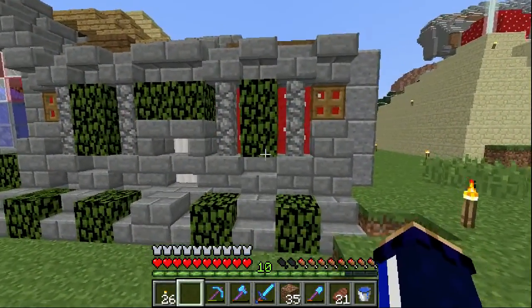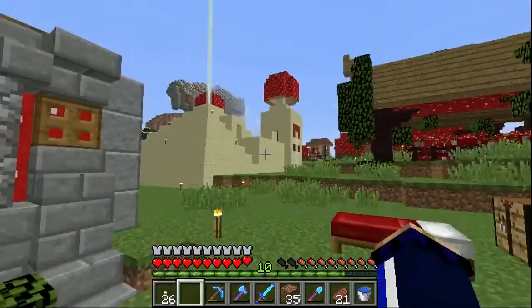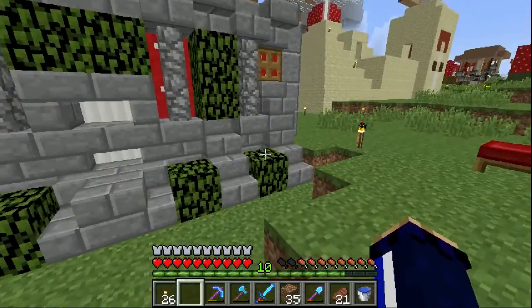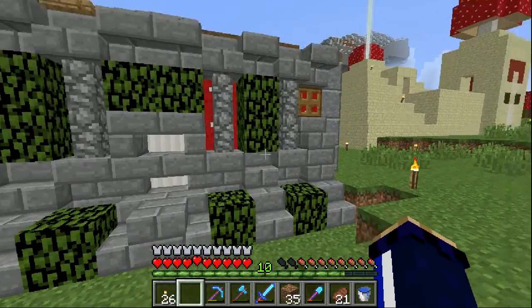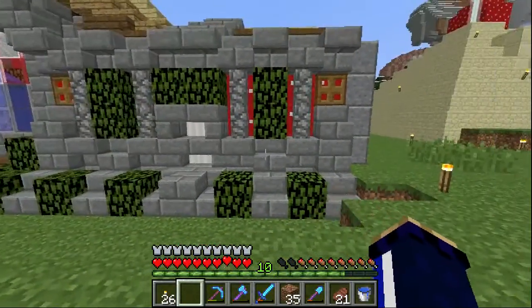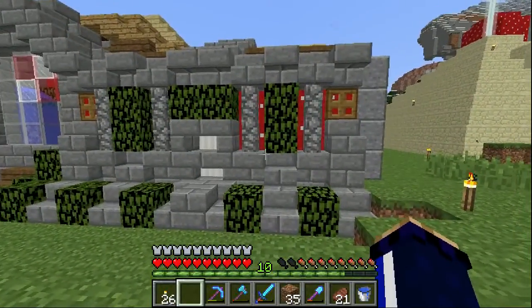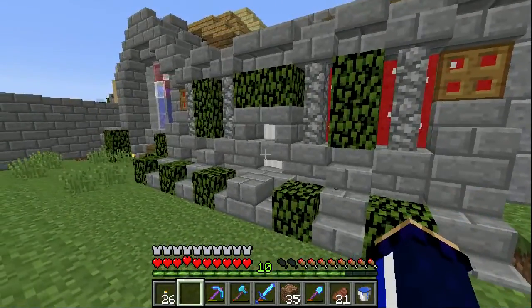It doesn't look so great with fancy leaf blocks on, but I never use those anyway, mostly because they decrease my frame rate. But yeah, it's one of those things where fancy leaf blocks I think look really good on trees, but when it comes to hand-placed single blocks like this, or the vines that are kind of hanging down from the mushroom barn, it just doesn't look as good. I've tried them a couple of times off camera, and they just don't look so great for me. So hopefully anybody who's looking at this will have fast leaf textures on, and it's going to be more or